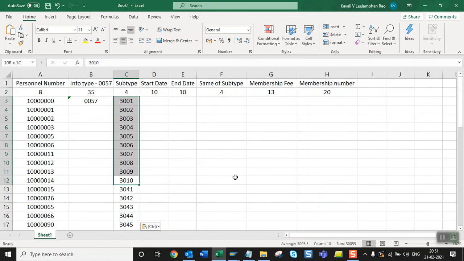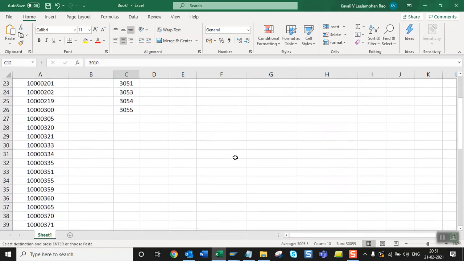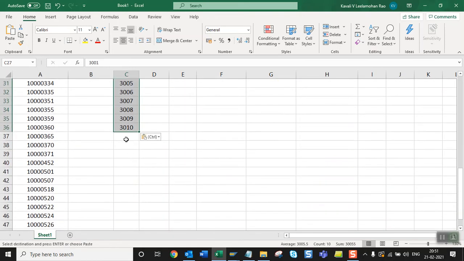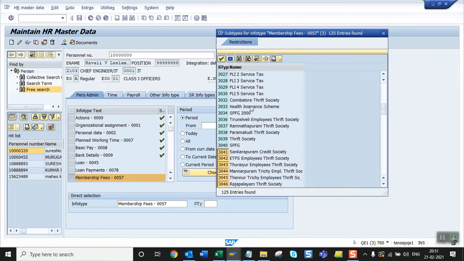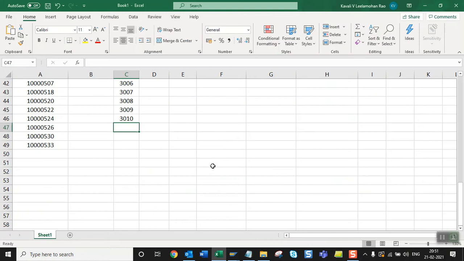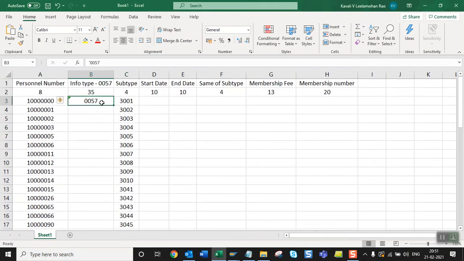In a single shot, sir. I am just taking one example: thrift society, 3G. So this is the one.